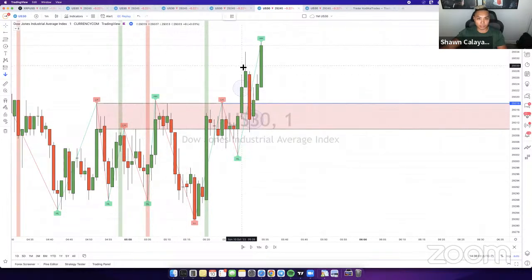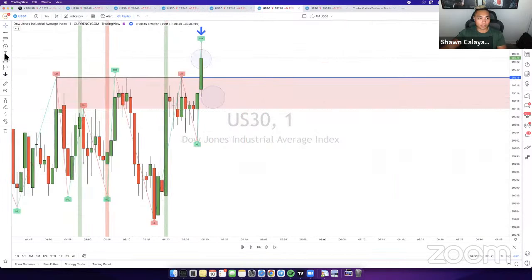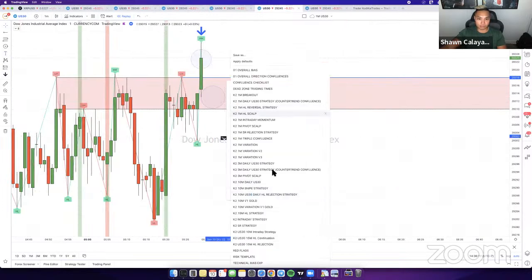If you guys are not familiar with that strategy, it's another favorite by a lot of people in the group. Basically, for this strategy here, and we have a ton of strategies, you can see with the list right here. I have a lot of strategies here that you guys can learn. What I probably recommend you guys focus on if you guys are new here, or if you guys are trying to find something that works all year round, would be